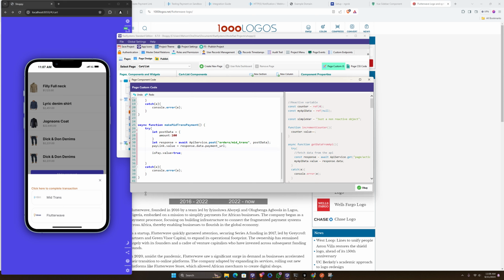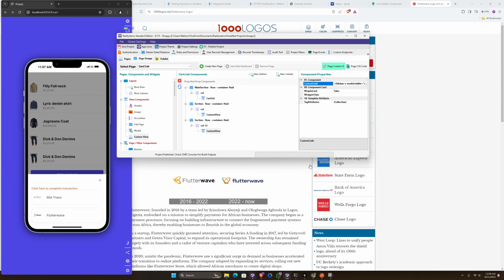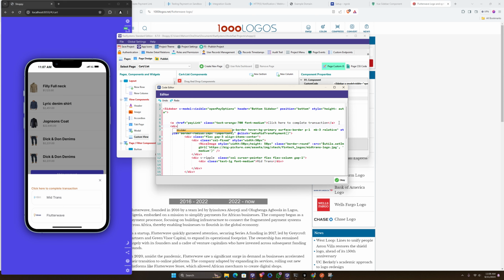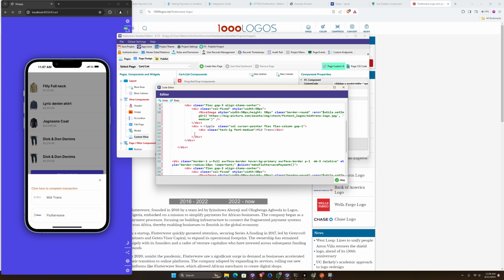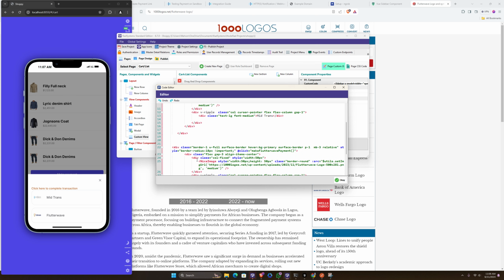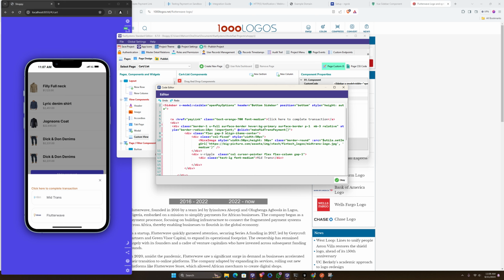Okay. Alright, so what we are going to do now is go back to our code, which is here. There you go. And we need to wrap all this inside a div like that. So I'm going to create a div here, and let's close this div at the bottom. The reason for doing this is so that I don't have to keep adding the if condition for each of these. So I'm going to come here and say if